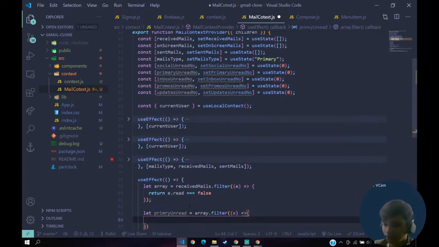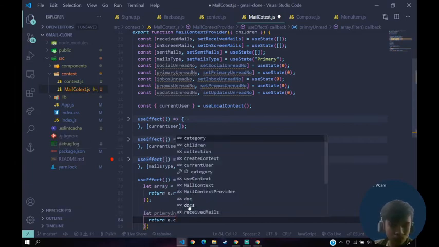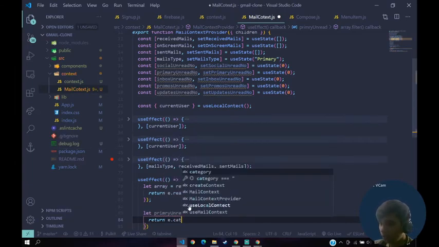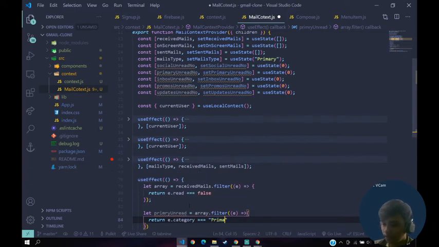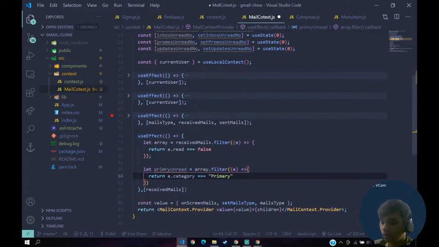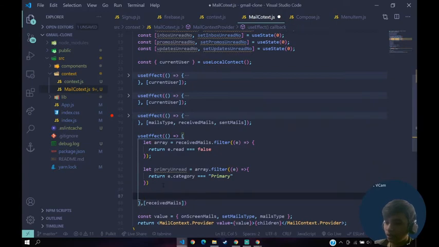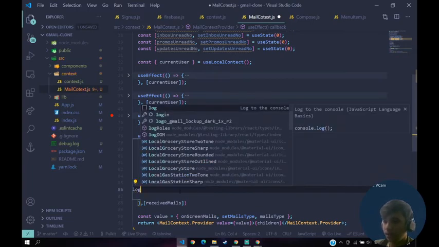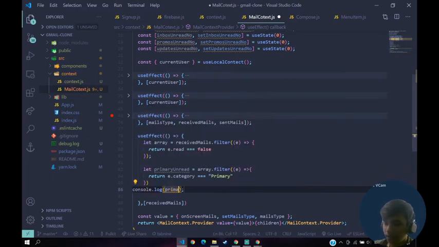Inside of this, we're going to return only those which have a category triple equals to primary, right? Now if we console log our primary unread, let's console log it.